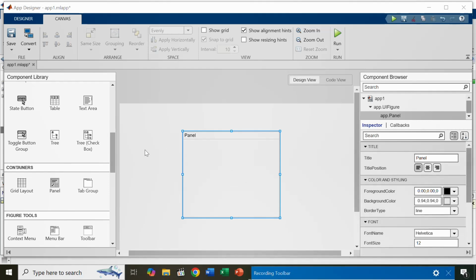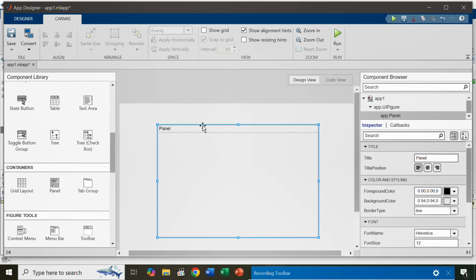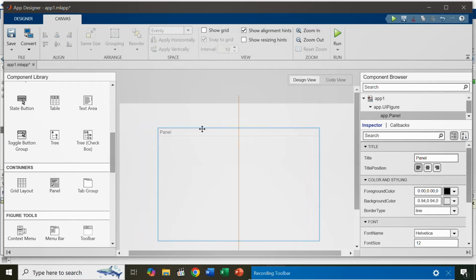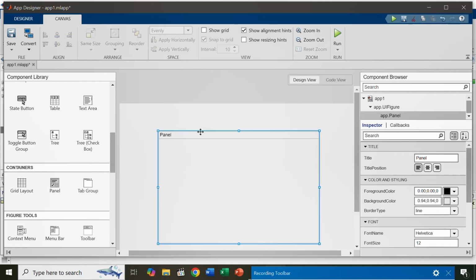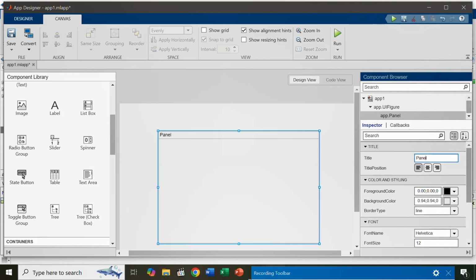Okay, and then I'm able to resize this. I can resize my panel to the size that I want. Maybe I'll put it in the center. Then I'm going to drag my components one by one. Remember, when I get this panel, I can change the title of the panel,